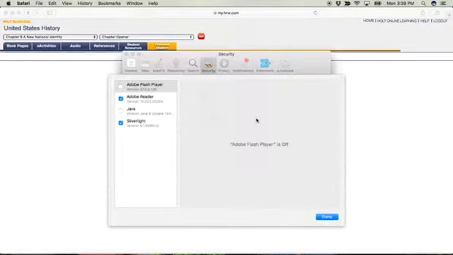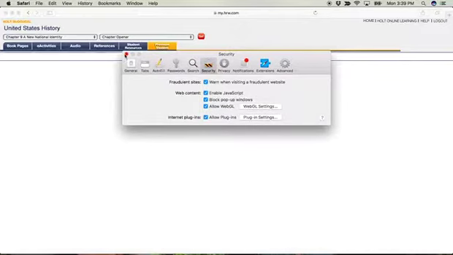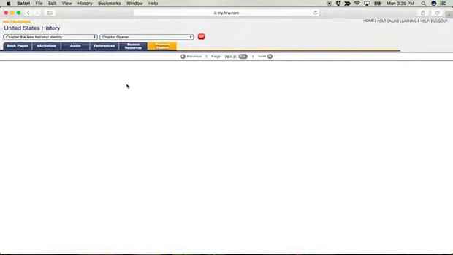If I click on Plugin Settings, one of the things I'm going to see here is Adobe Flash Player. As you can see, it is unchecked. We are going to check that box. Now, the currently open websites, it's going to show me that my.hrw.com is up, but the Adobe Flash is turned off. We want to turn that on. Once I do that and I click on Done and I close this out,